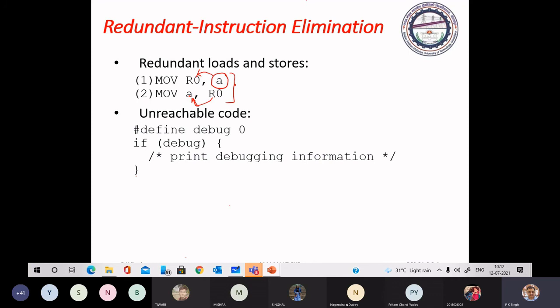So we may identify such redundant loads and stores and remove them. Okay.